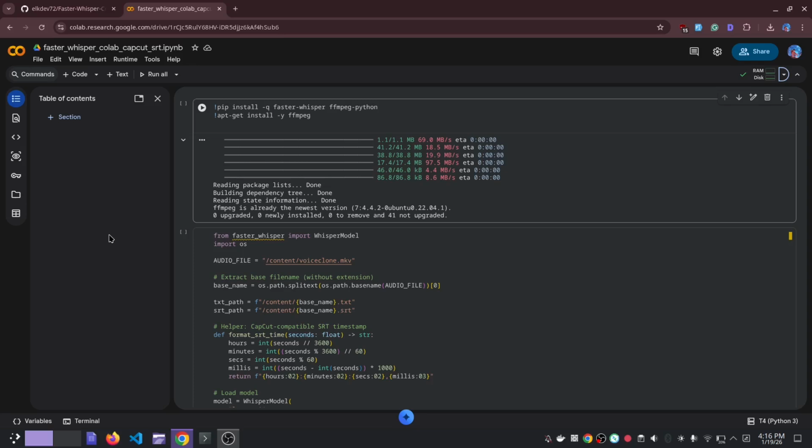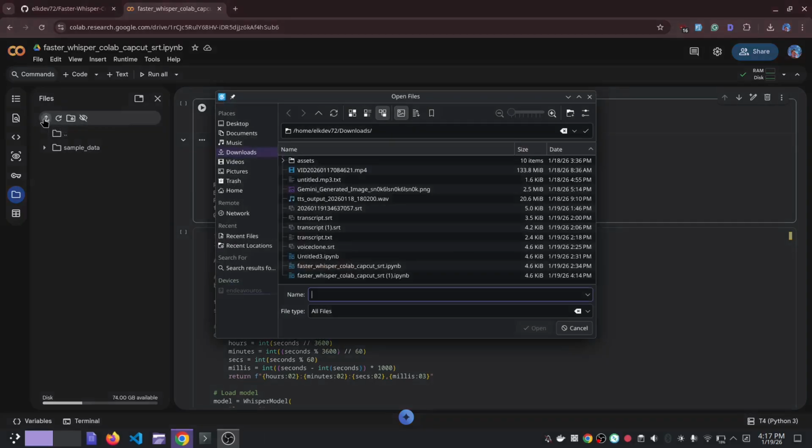So the other thing that you are going to do now, upload your file. Click here on files. So I'm going to upload the file that I want to generate captions on. Good thing about this tool is that it can create caption whether it's MP3 or it's a video. So just click on this upload icon and choose the file that you want to generate.